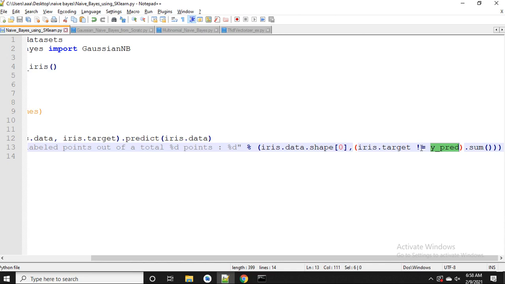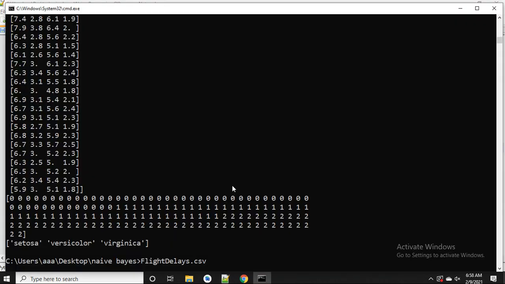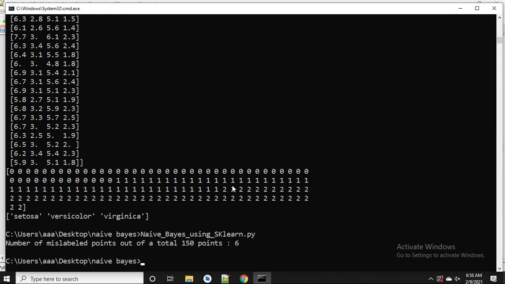These all are numpy types of things. Okay, ये दोनों के दोनों ND array है. So iris.target मतलब it is the original data. Okay, original data मतलब जब हमारे पास data set था, so that is the actual data and this is the prediction. So जहाँ match नहीं हुआ. Okay, so now let me run this. It is only 2 lines of code. So let me run this. हम लोग को आंसर मिल जाएगा.